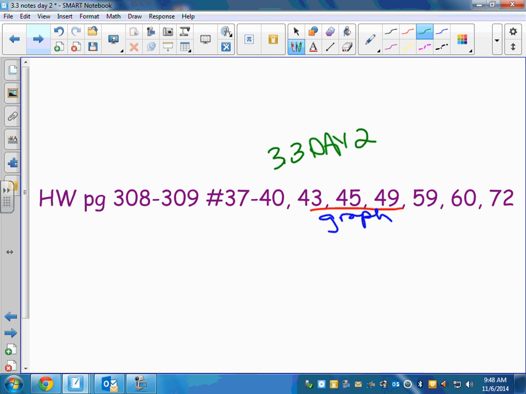And then there's just some applications. I'm sure we'll talk about some of these tomorrow. But 59 and 60, I will tell you for 59, it tells you to go back and look at a table in your book. Every year I tell people this for the homework, and the next day they say, I don't know where I'm supposed to find this information. But it says table 3.17, and you just have to flip back one page to find that table to answer those questions. And then 60, it gives you an equation, and 72, it's just a little thinking question also. So I'm going to pass back the worksheets from yesterday that you turned in, because I really want to talk about them, but go ahead and get started on this, and then I'll